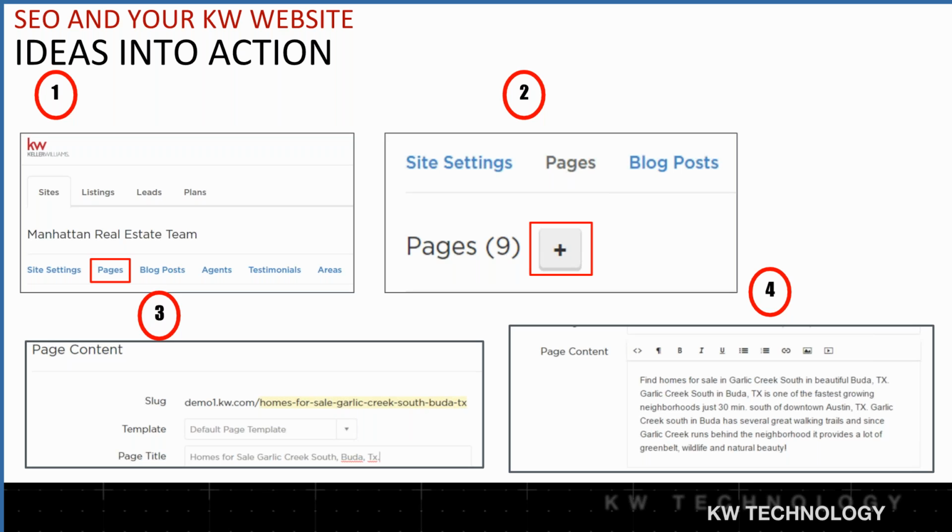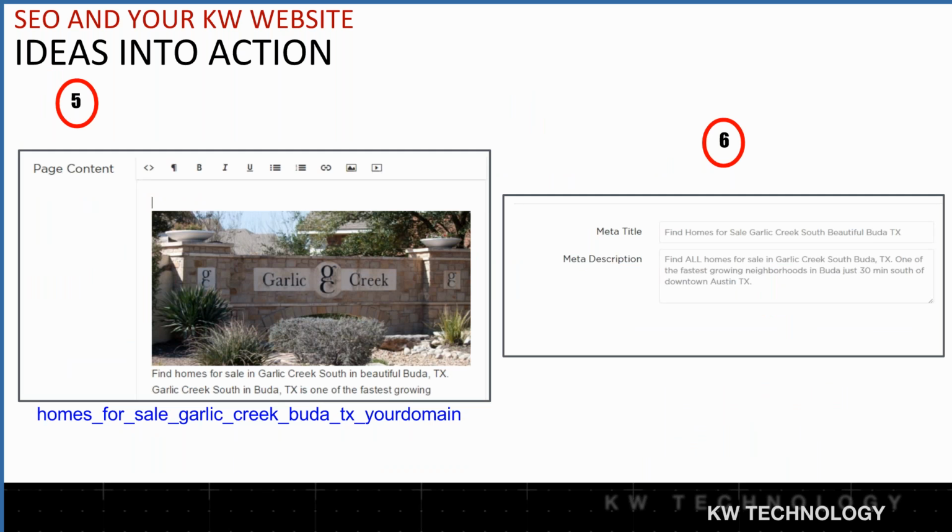Now that we've created the new page, we choose the template and we create the page title, which will give us the slug, and then add our content. That's four things we have to do right there. We go to pages, create a new page, title the page, create the content.